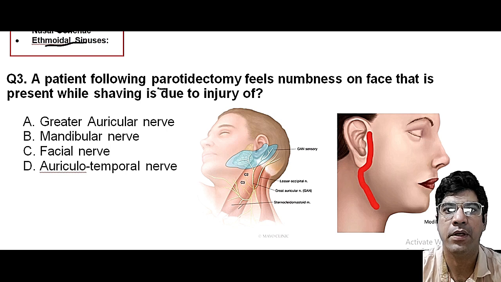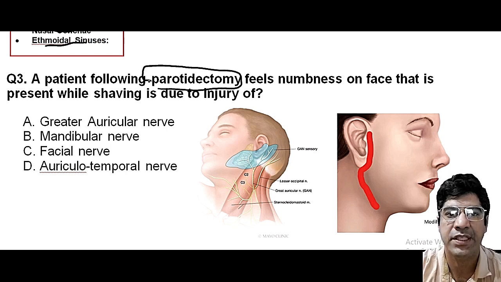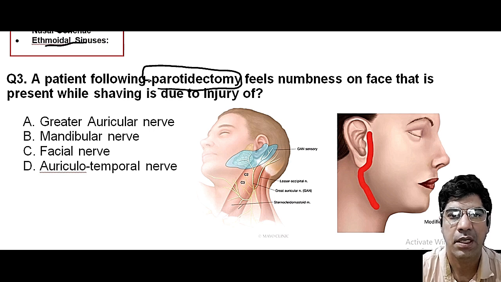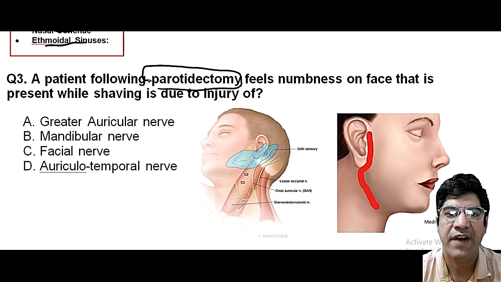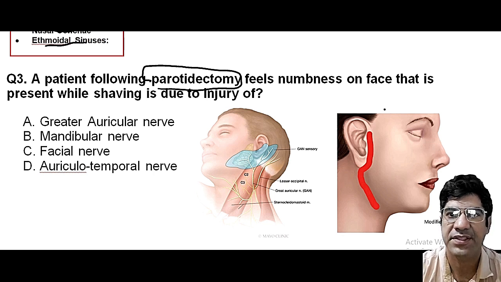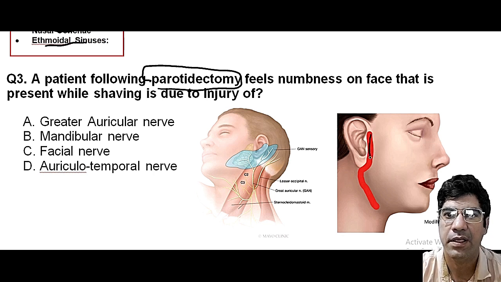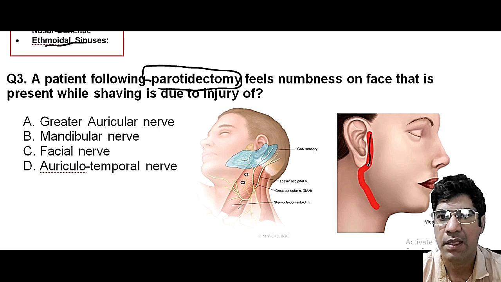During parotidectomy, the most common incision that an oral surgeon will give is the modified Blair incision. That starts in front of the ear, underneath the earlobe,